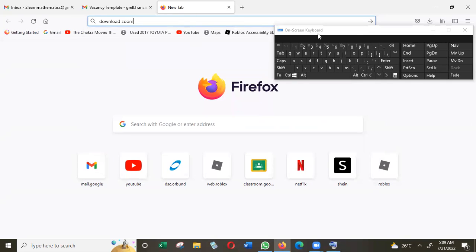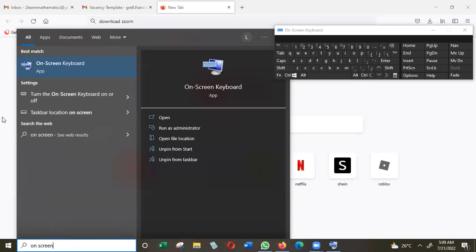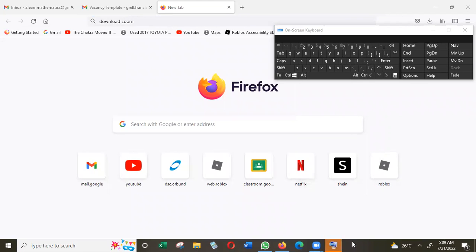See, every computer has an on-screen keyboard. You just type in search on-screen keyboard, and then you just click on it. Yeah, so I have it pinned to my toolbar here. Now just type download Zoom in Google,